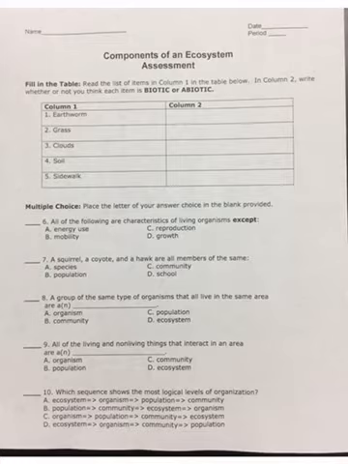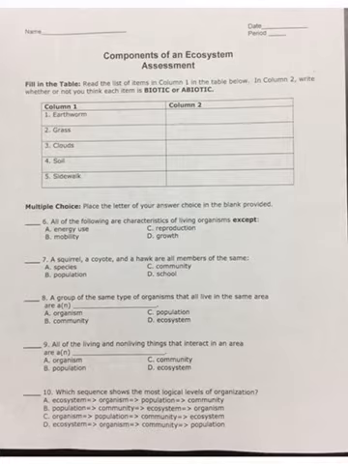Multiple choice. Place the letter of your answer choice in the blank provided. Number 6, all of the following are characteristics of living organisms except A, energy use, B, mobility, C, reproduction, D, growth. Number 7, a squirrel, a coyote, and a hawk are all members of the same A, species, B, population,